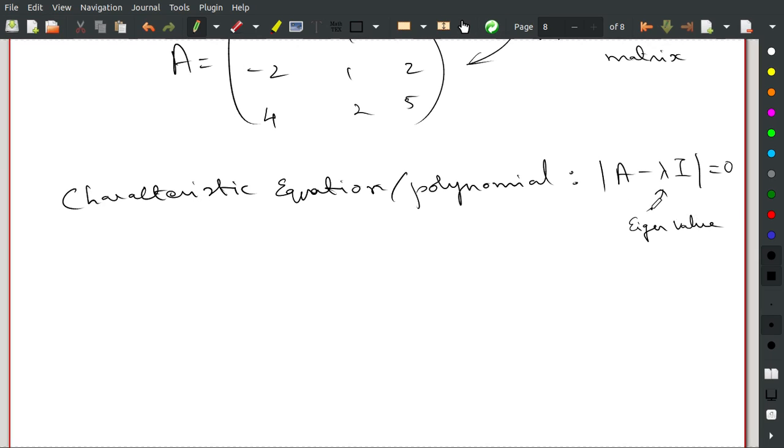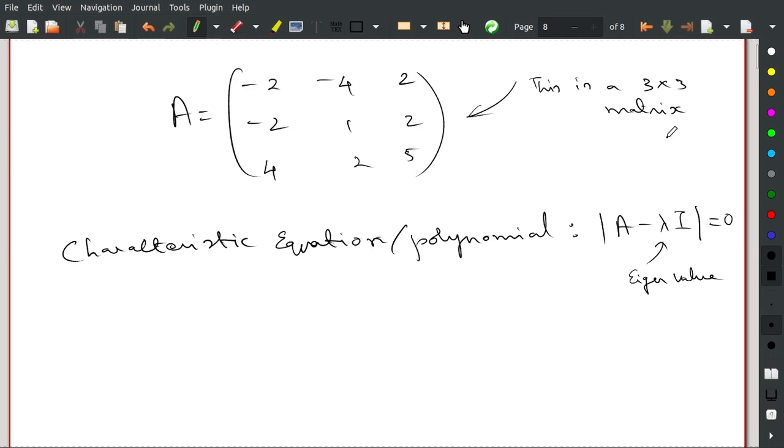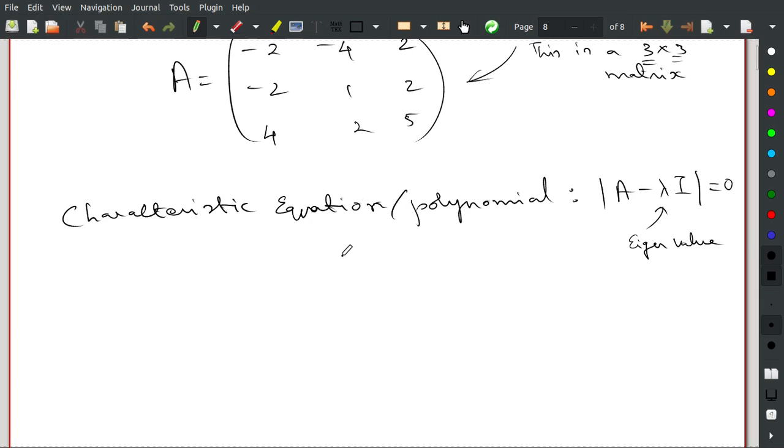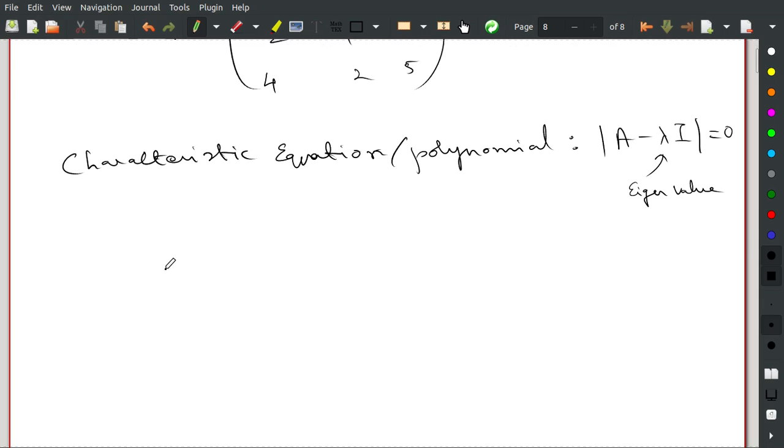For a 3 cross 3 matrix we have 3 eigenvalues. So for 2 cross 2 we have 2 eigenvalues, and for 4 cross 4 we have 4 eigenvalues. For an n cross n matrix we have n eigenvalues, right? So let's form the characteristic equation. It's A minus lambda I, and our A is given by,